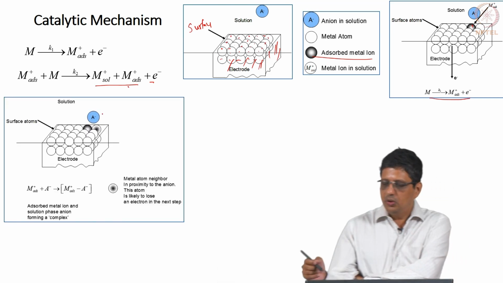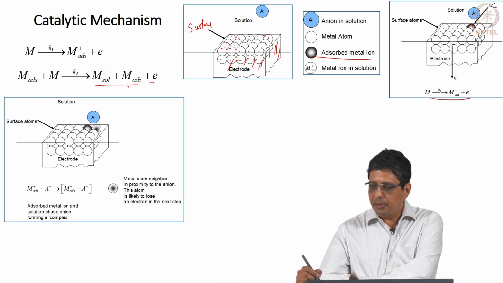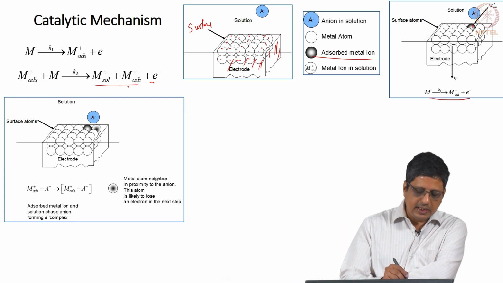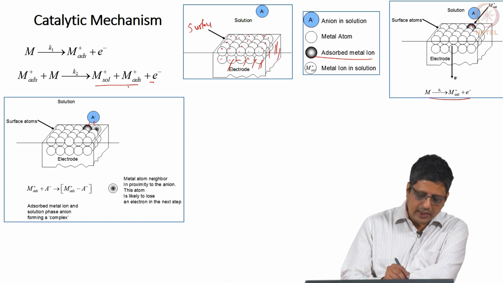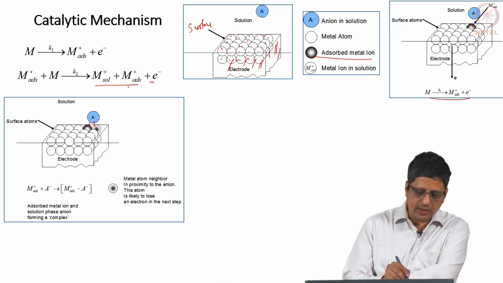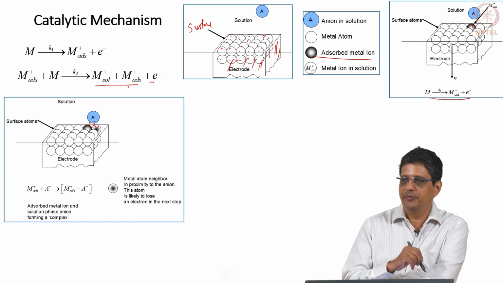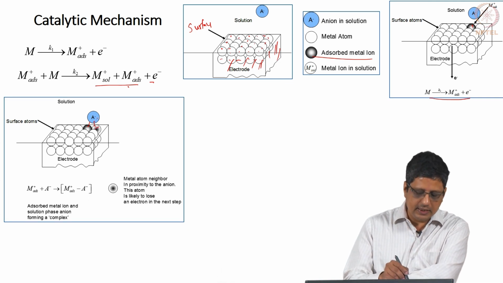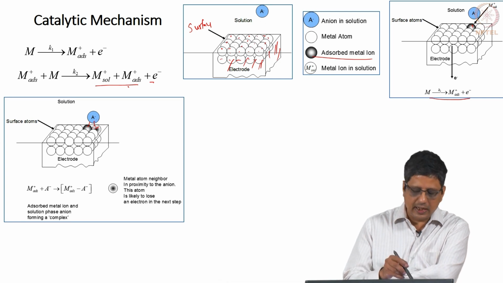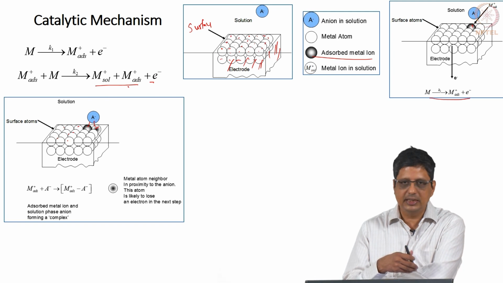Next, notice that this top right corner is a metal. Now, one to the left of that is the M adsorbed. When the anion comes here, the anion is negatively charged, it comes close to this and it is also somewhat close to the top right atom. Because this is negatively charged, it is easy for the electron to be taken out, it will repel the electron, so it is easier for this atom to lose an electron compared to other neutral atoms, that is at least the hypothesis.